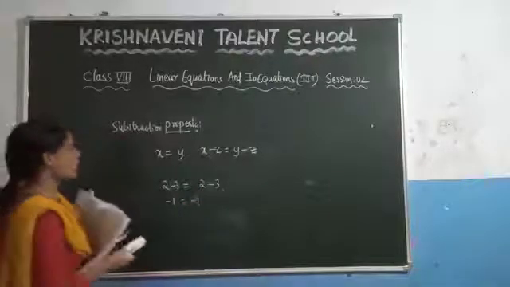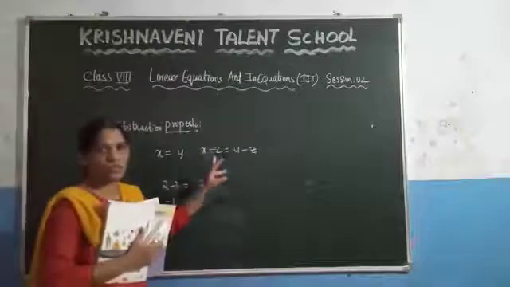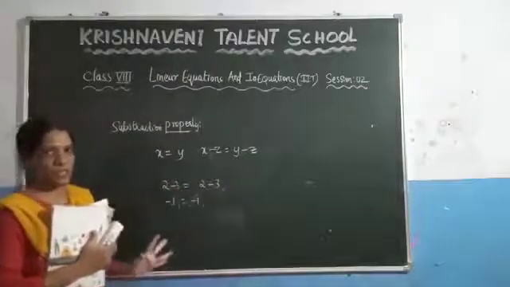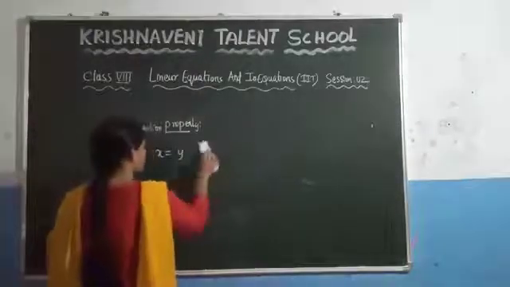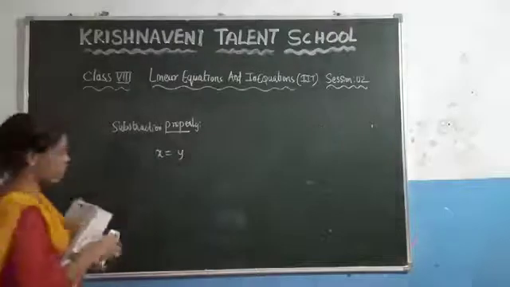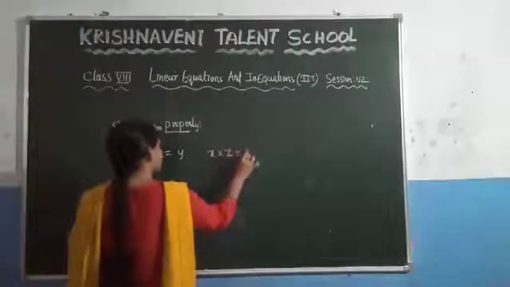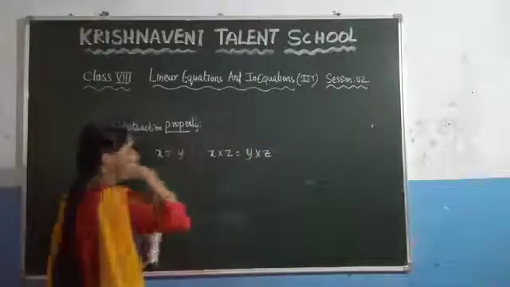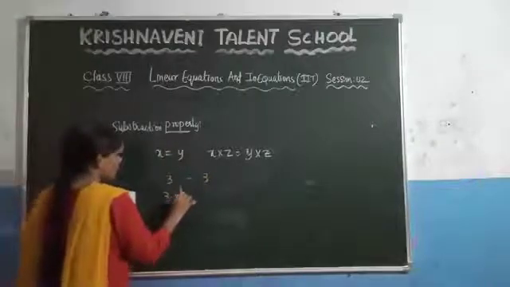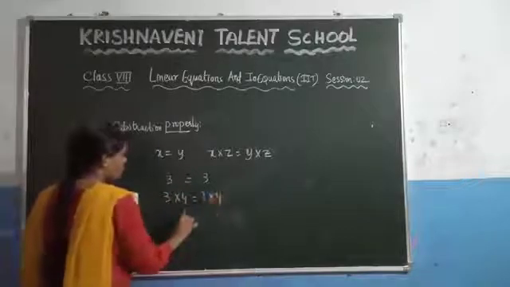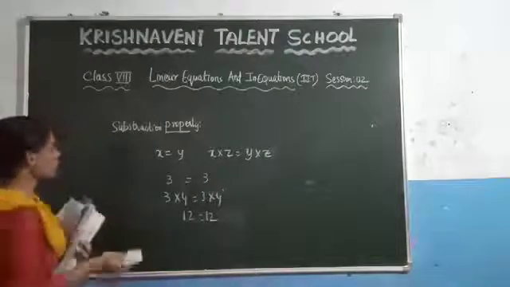So if you take any equality and subtract the same number from both of the sides of this equality, the result will be the same. That property we call the subtraction property. Similarly, what will be the multiplicative property? If you take any two sides that are equal and multiply by the same number, let us consider the same number as z, then you get the same result. Consider some number, you know that 3 is equal to 3. If you multiply the same number to both of the sides, the result is the same. This property we call the multiplicative property.